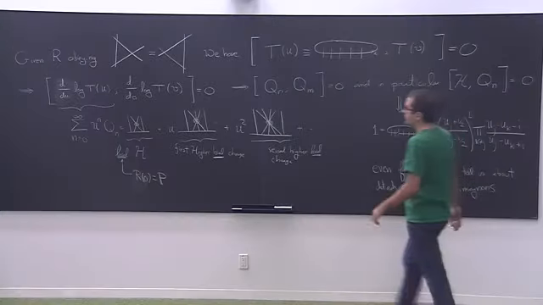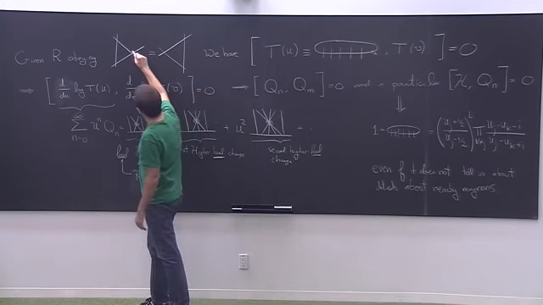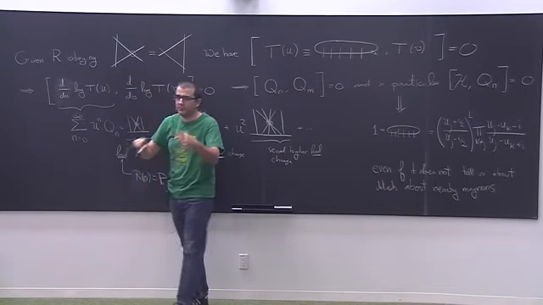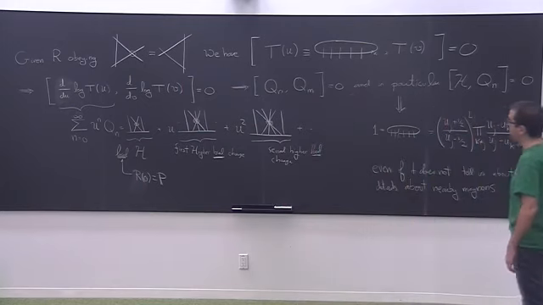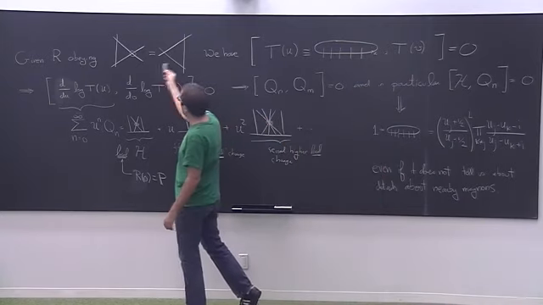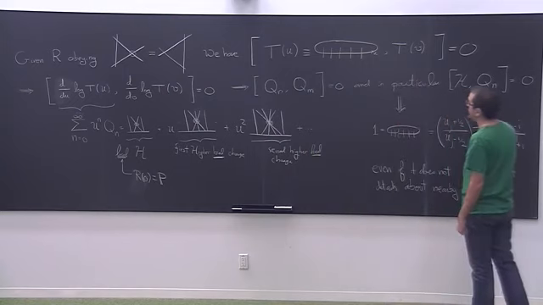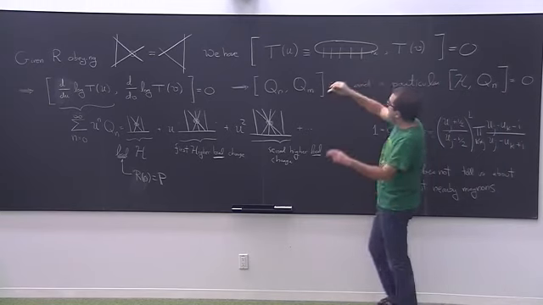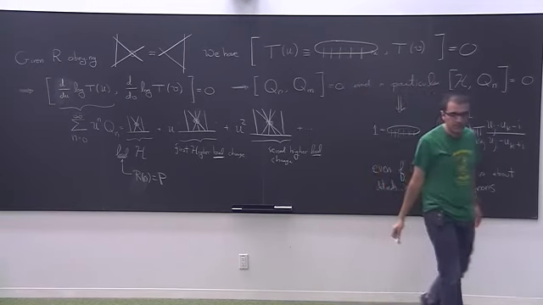So yesterday we saw that if we find an R matrix, an object that acts on the product of 2 Hilbert spaces and gives us 2 Hilbert spaces, so we represent it as a cross, as an object with 4 indices, 2 incoming, 2 outgoing. And if we find an R matrix which obeys this kind of graphical equation, which we call the Yang-Baxter equation, then just as a consequence of this equation, we can show that an object that acts not on a few sites, but on many sites into many sites, an object we can call the transfer matrix,